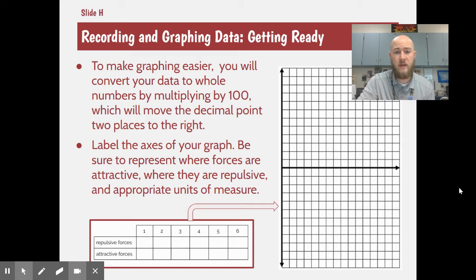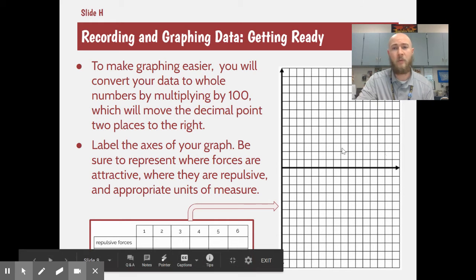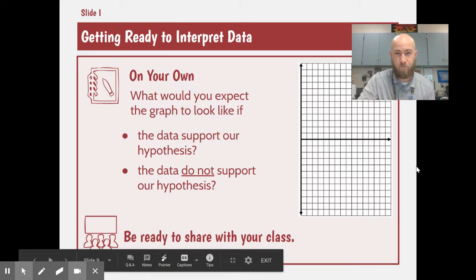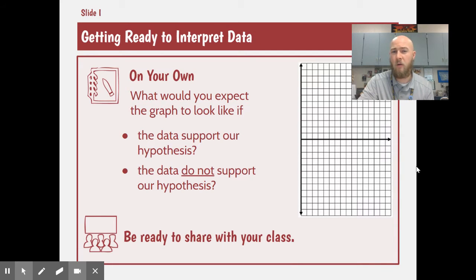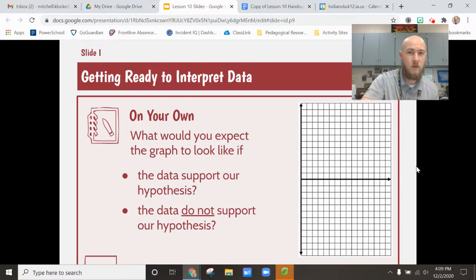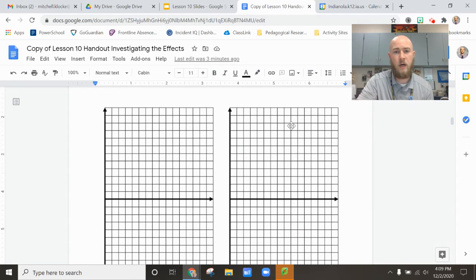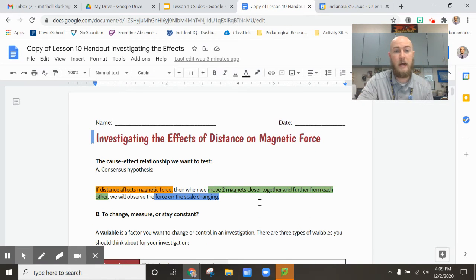We want to show what that data looks like in numbers, but also we want to be able to graph that afterwards. When we graph that, I want us to think about what our graph would look like if the data supported a hypothesis, and what it would look like if our data did not support a hypothesis. You'll notice that on our document we made a copy of, a document we worked on in the previous task,